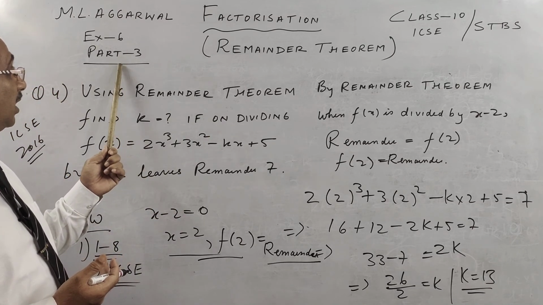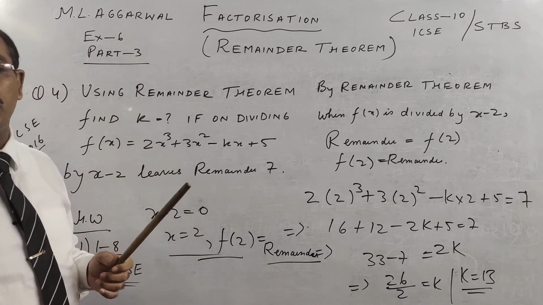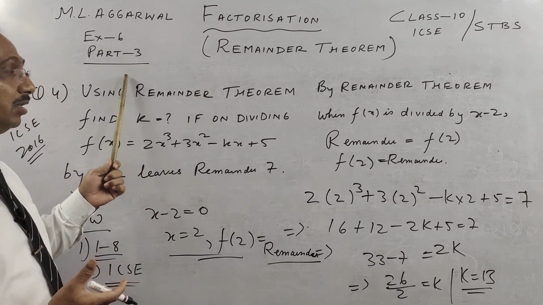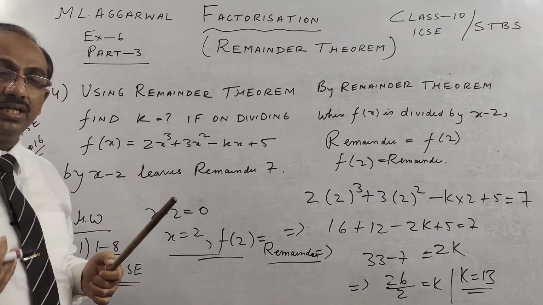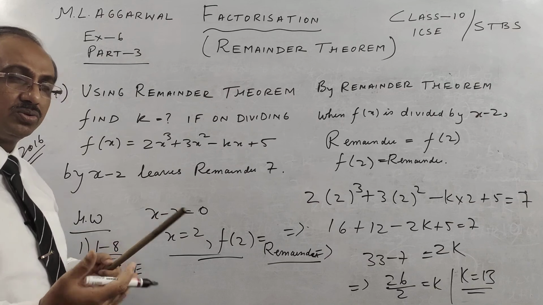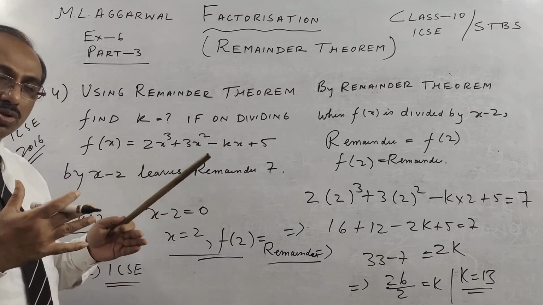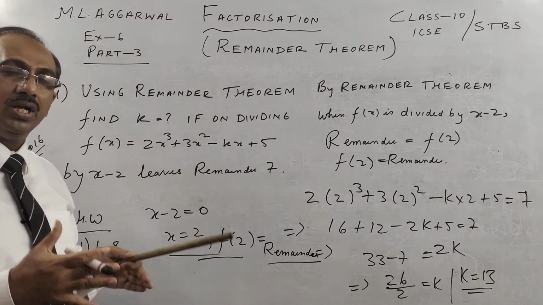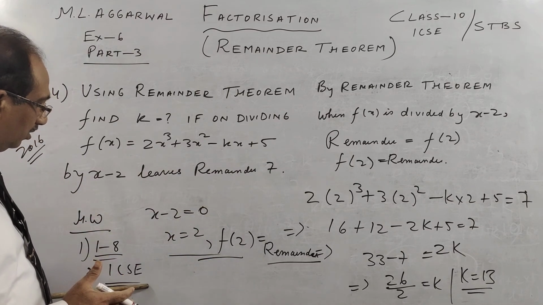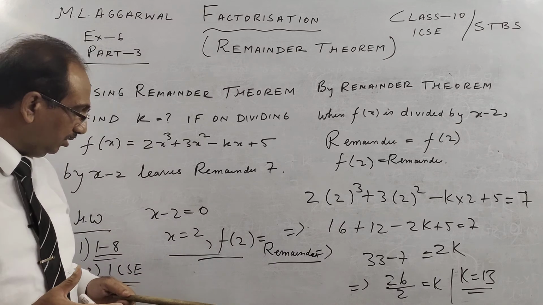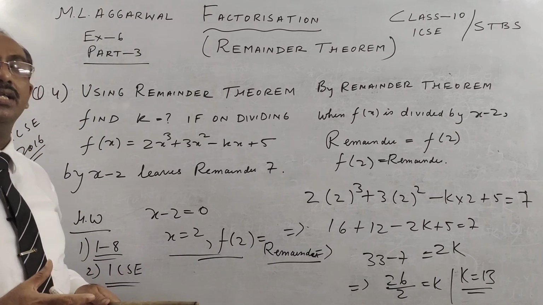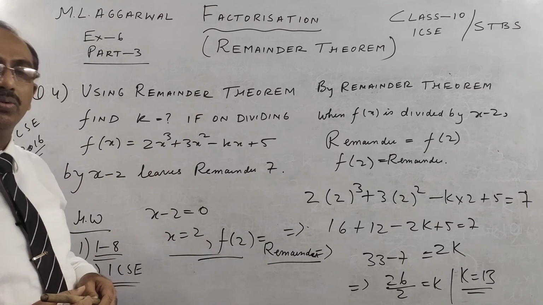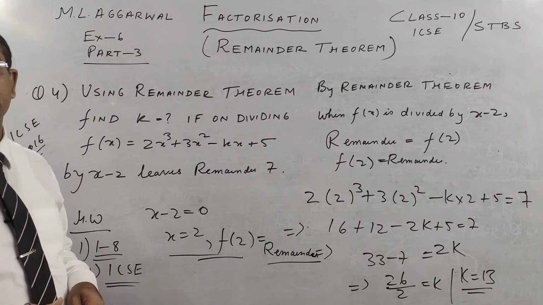After my part 3, I think I have to make 1 or 2 more later on. I've covered the basic part of the chapter, but still some very good variations are there. Questions are a little bit twisted to solve, but the basic idea remains the same. So please solve first 1 to 8, then all solved ICSE examples of any standard book, then all the unsolved ICSE questions, and then your next line of defense is you do the whole chapter nicely, including the chapter test, and check the answers.